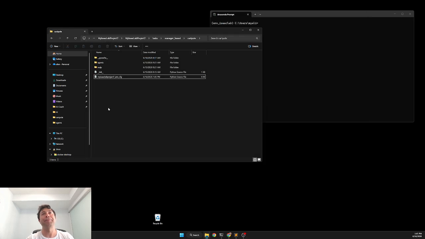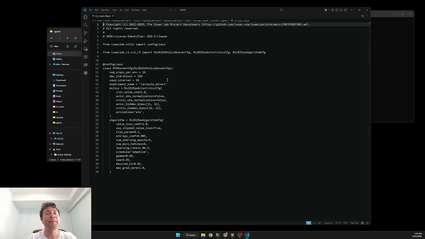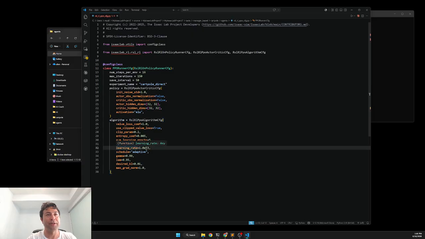And now I'm going to change the parameters for the reinforcement learning algorithm, right? So if we come here inside agents, we have one agent for each one of the algorithms. Here I'm running the RSL PPO algorithm, and each one has its own parameters, right? So we can come here and change any of them. So I'm going to change my learning rate,